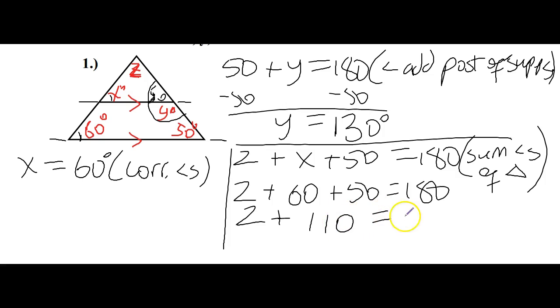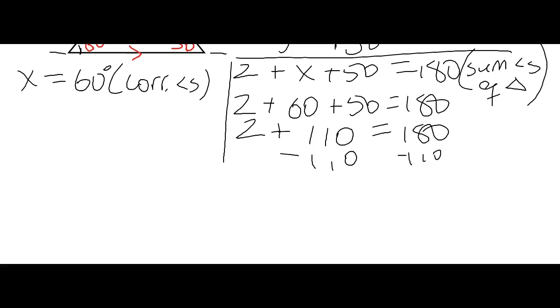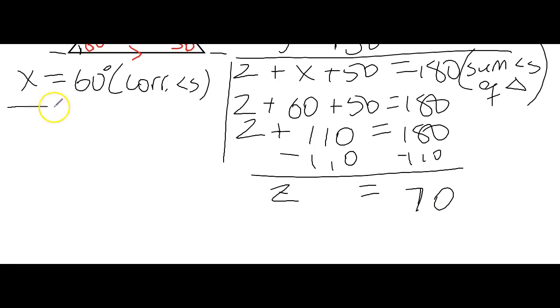Is that 110? So if you subtract 110 from both sides, angle Z is going to equal... 8 minus 1 is 7. So angle Z is going to equal 70. So we have it. So the answers: X equals 60